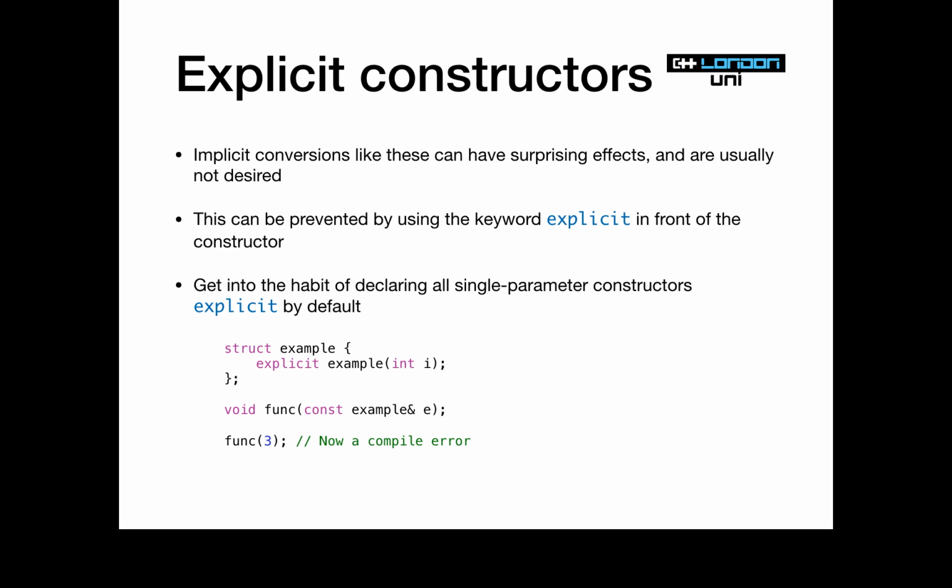If you have a func with two arguments, and you have a constructor with one argument, you don't need to put explicit on the two argument one, but you put explicit on the one argument. Correct. You can forward it.